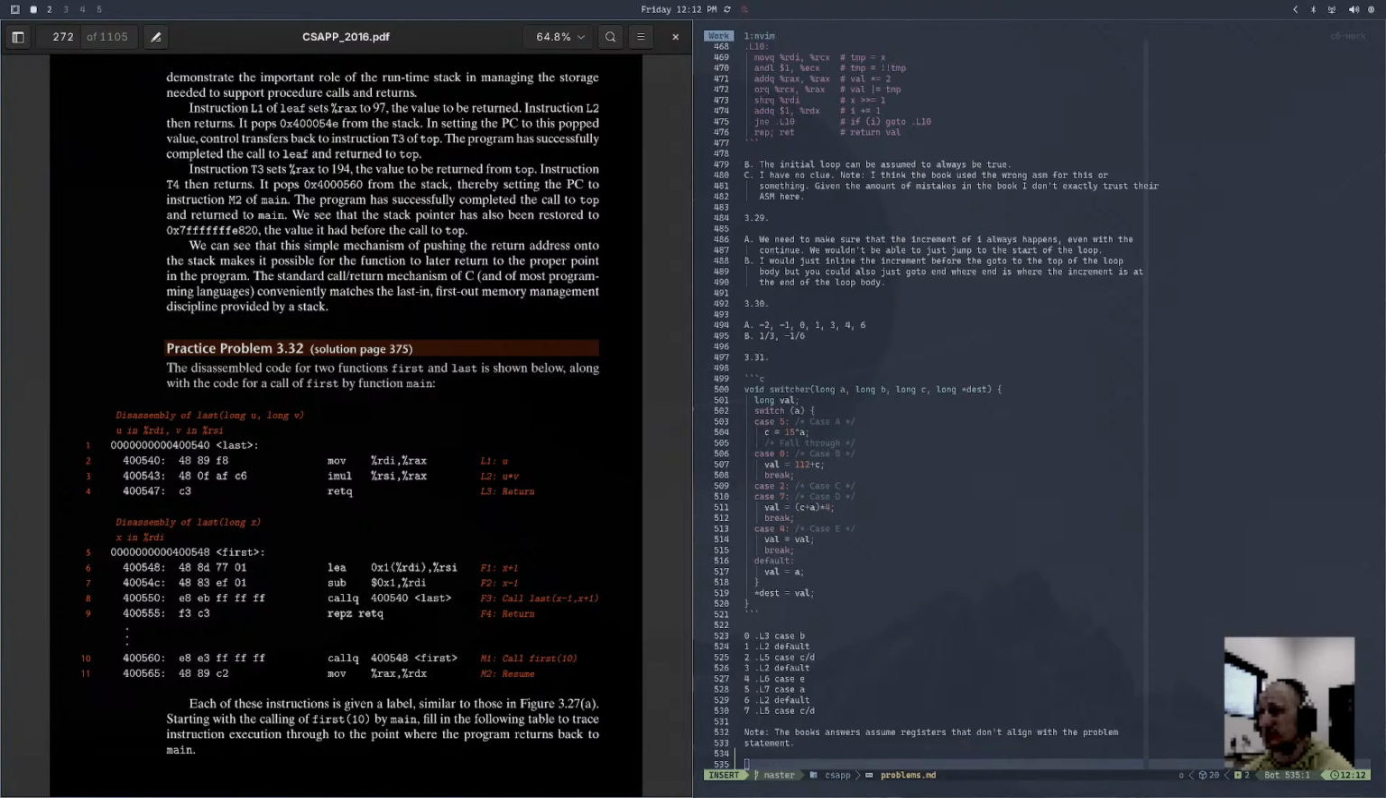And Go does things like multiple return values, and I think it does that just by putting them on the stack. I don't think it uses registers for return values. It probably uses registers for arguments. Alright,